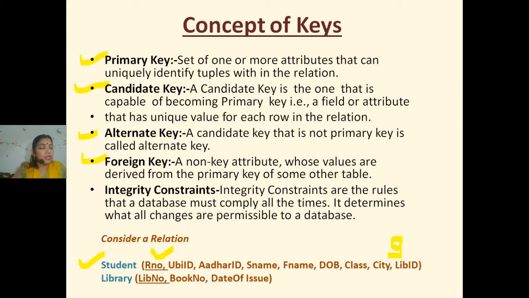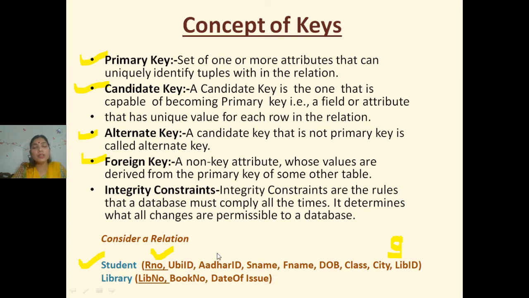Now let's see what is a candidate key. Candidate keys are all the attributes of any table which have the property to be a primary key. They all are capable of becoming the primary key. We can keep a set of such keys. See, in the table student, roll number is also uniquely identifying every student. UBI ID, all the students across the Kendriya Vidyalaya Sangathan, they all have a unique UBI ID now. So this is also capable of